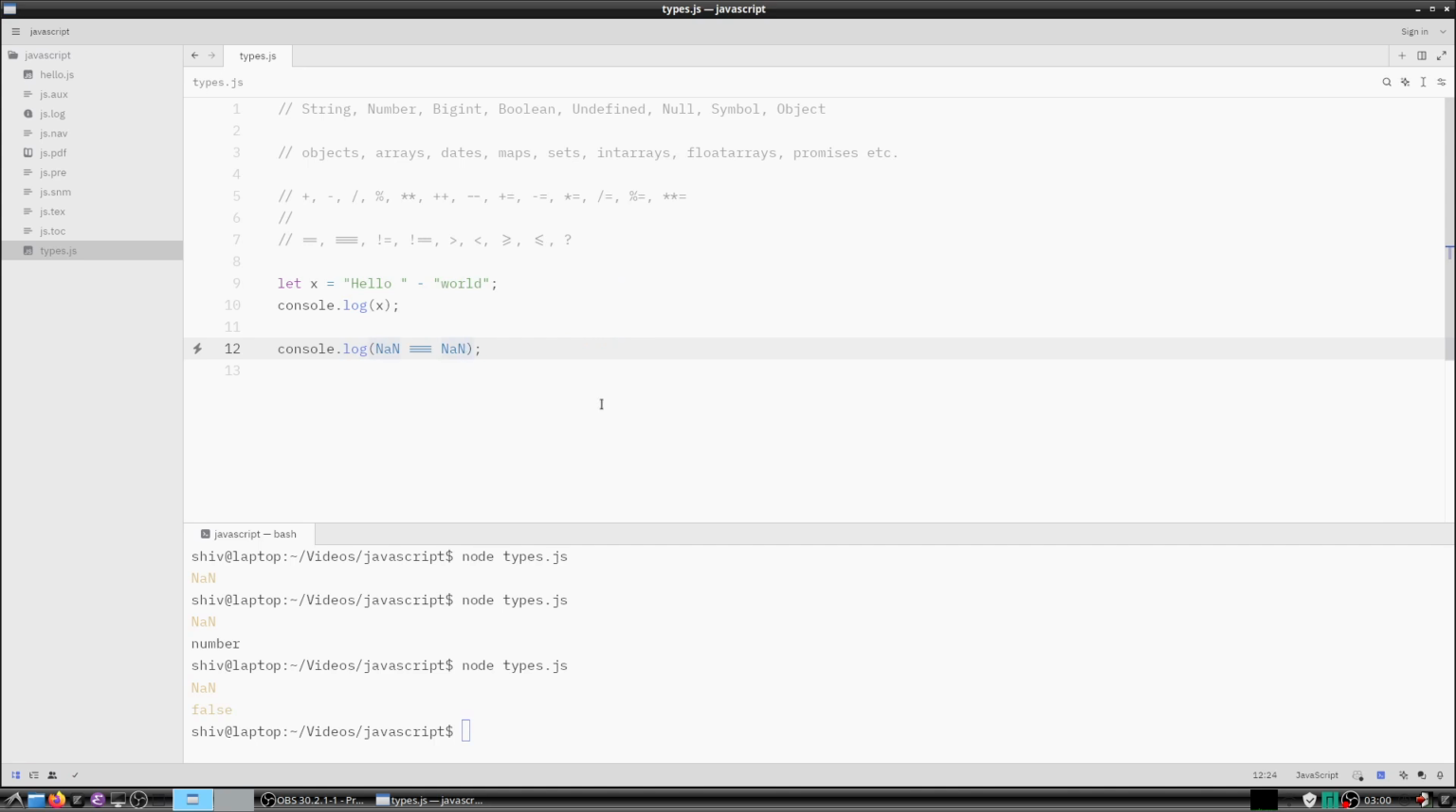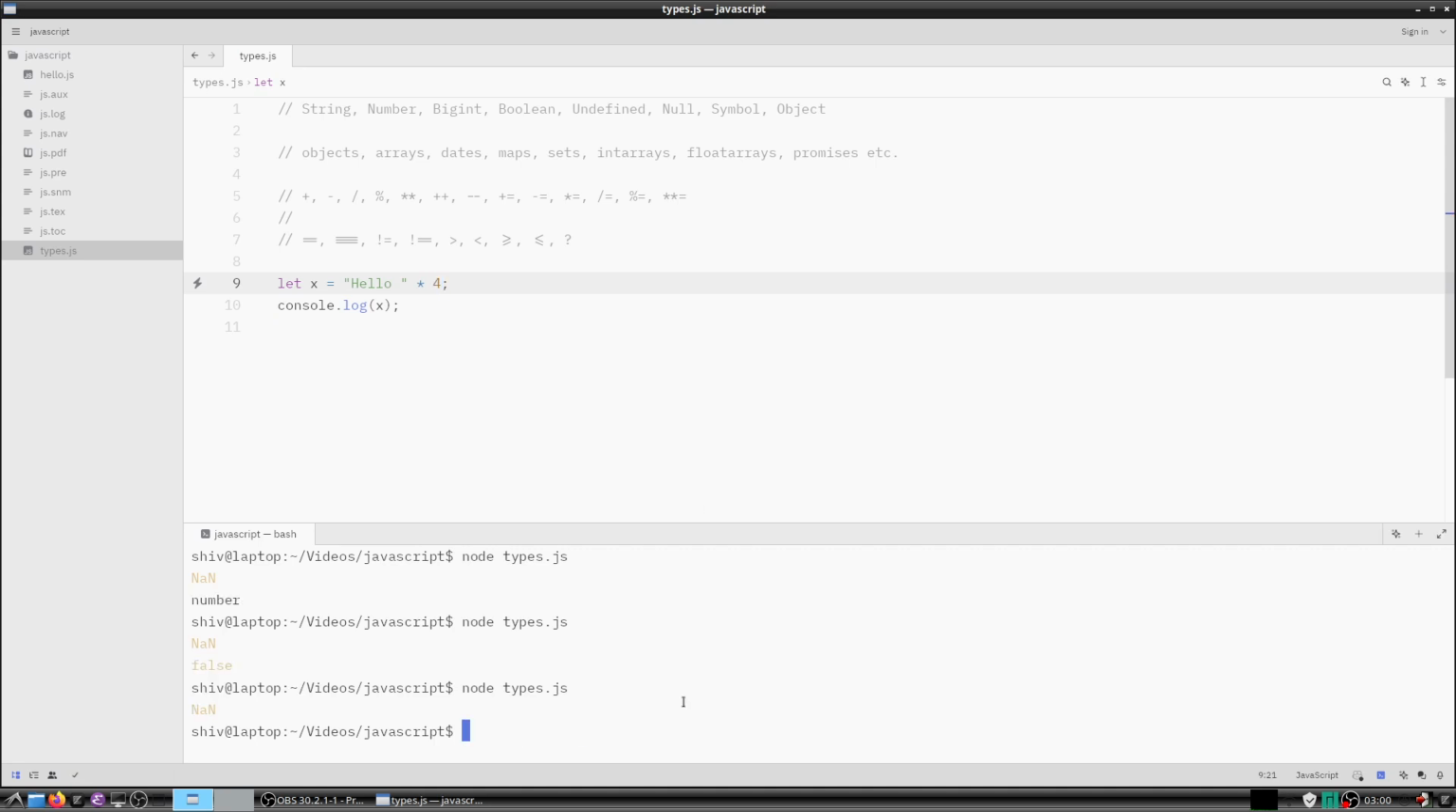Now, so we saw NaN. What if we say "hello" into "world", and instead we multiply "hello" into 4? Let's see what happens. So that is also a NaN. Okay, it does not make sense to use minus, slash, percentage, star and so on on a string, but there is